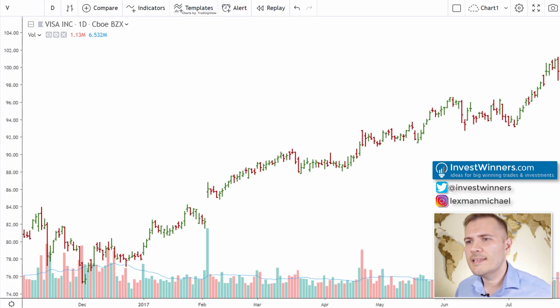Let's have a look at the daily Visa stock chart. This is a perfect flat base pattern. The entry point could be either here or here, just above the high bar on the day before the earnings report at the level of $90.80. The company published its earnings report on April 20, generating a huge volume breakout. It remained above the breakout line for several weeks and then moved up.